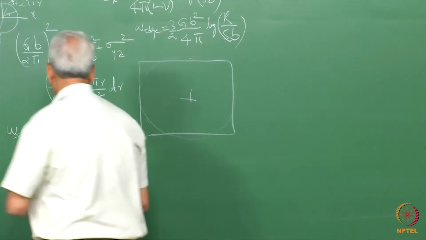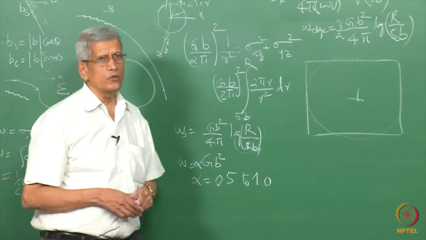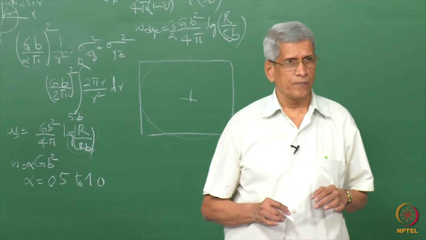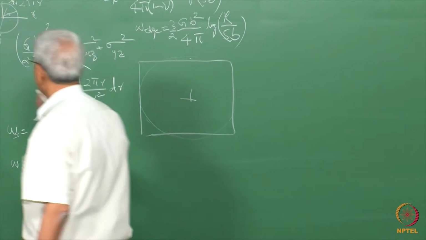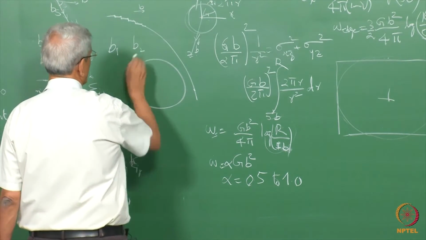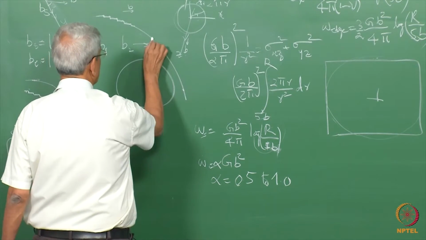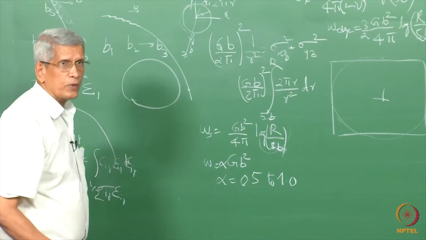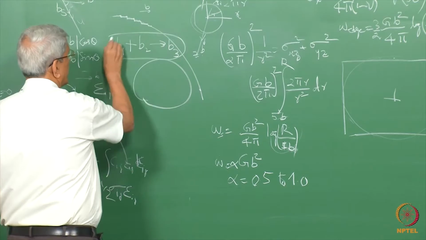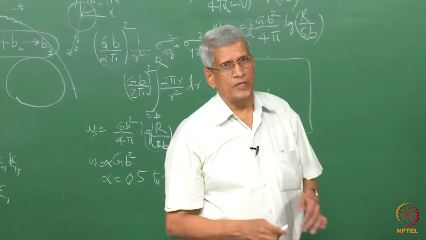And the consequence of this formula approximating to this value is generally used to find out whether a dislocation reaction will occur or not. Suppose a dislocation has a Burgers vector B1, another has a Burgers vector B2. Assume that they interact and produce a dislocation which is B3. That is, whether the reaction B1 plus B2 gives B3 will occur or not. How do we decide?